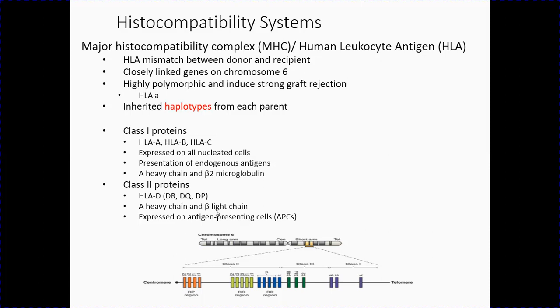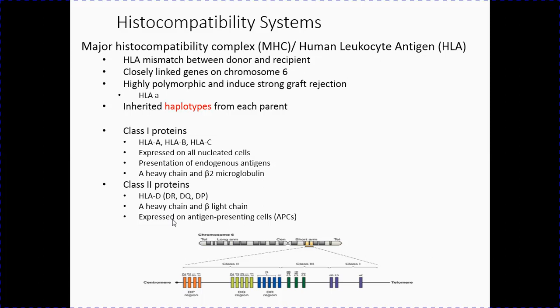What else do we know about class 2 MHCs? We know that, and I apologize it's not on here, I'm not sure why. Unlike class 1, class 2 proteins are only expressed on antigen-presenting cells. What kind of antigen-presenting cells? Dendritic cells, macrophages, things like that, as well as something like a B cell would be a good antigen-presenting cell for class 2 proteins. So it's expressed only on APCs,